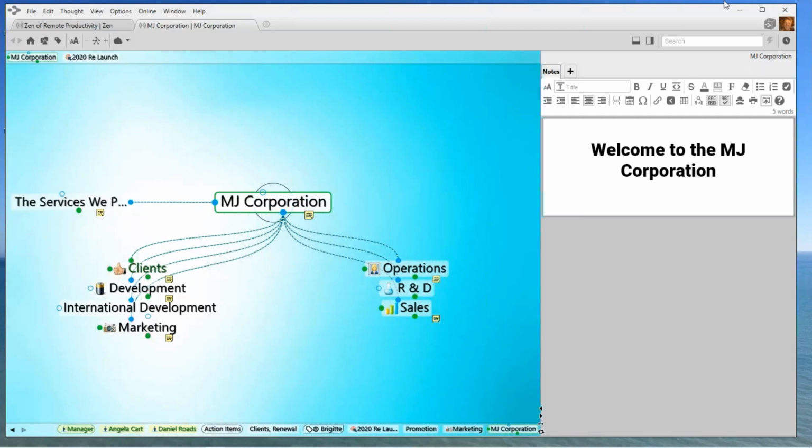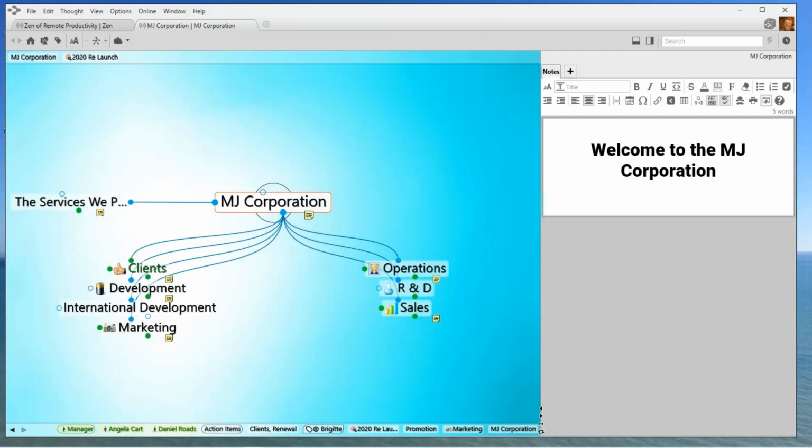I've got my Zen brain open on another screen. I want to walk through very quickly just the basics behind the brain application. In case you're just getting started with the brain, let me share with you really quickly. You can download our software from our website at www.thebrain.com. You'll have a free 30-day trial of the brain. After that 30 days, you can choose to purchase a license. You can continue on using the free version of the software. And you'll just be limited in the features that you'll have available, but you can continue on using the brain